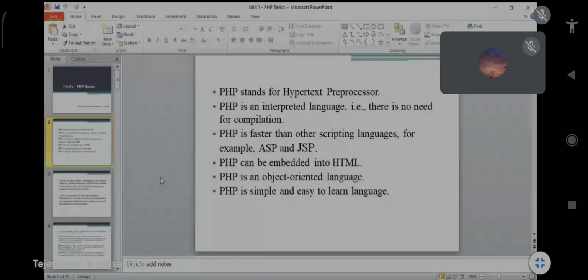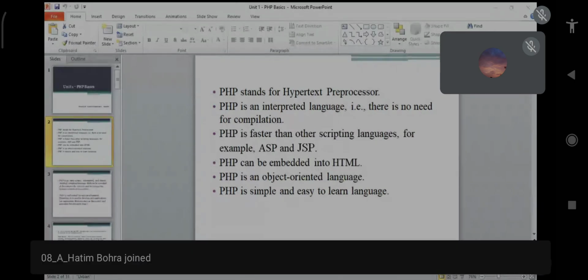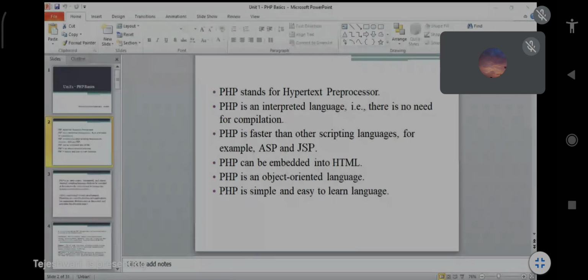PHP is an object-oriented language, and PHP is simple and easy to learn.